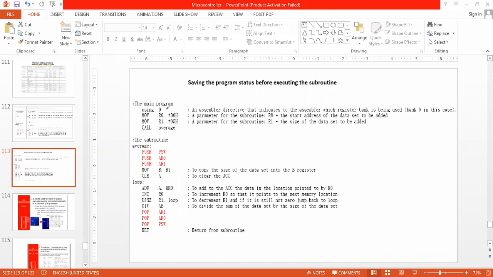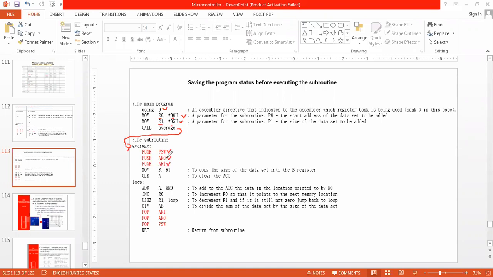So what we are doing here, starting the main program: move R0, 30H, move R1, 05H. So I am taking R1 as a counter, and R0 as a base address, that is 30H. Now call average. So the processor is going to average. What is the first instruction? Push PSW, push AR0, push AR1.